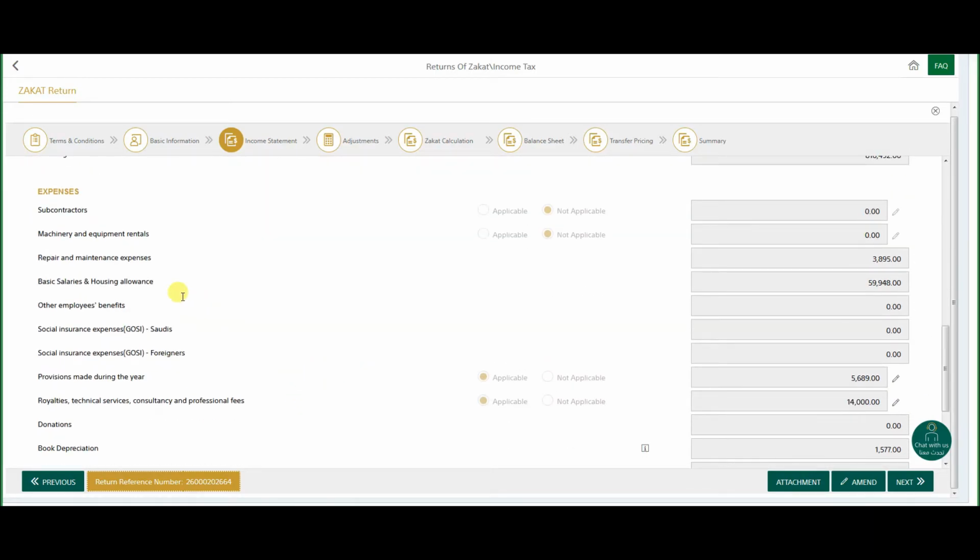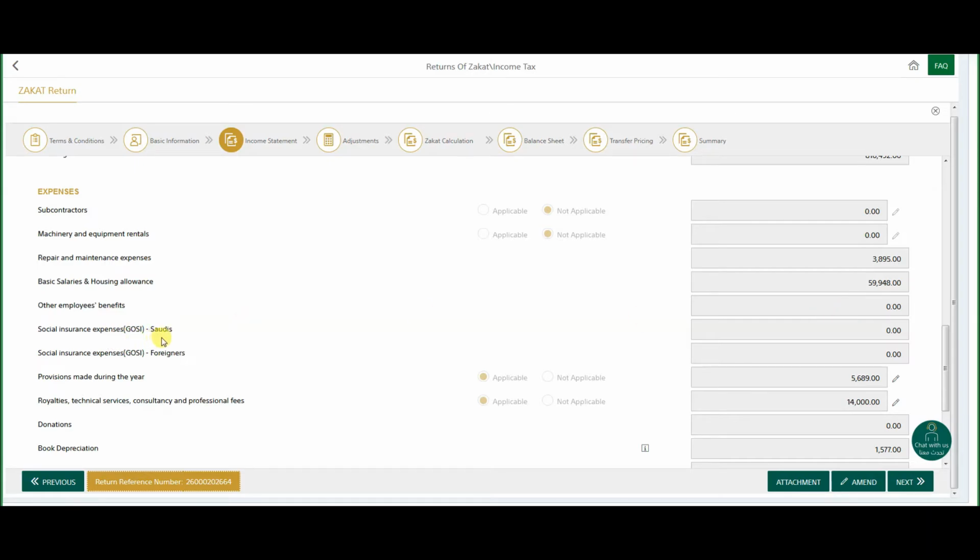Now here you need to fill up the expenses, like subcontractors, if you have any values you can put here. Machinery and equipment rentals, if applicable, press applicable and fill in the information. Repair and maintenance expense, basic salaries and housing allowances, other employee benefits, like if you are paying any benefits other than housing allowance or basic salaries, you have to fill up here.